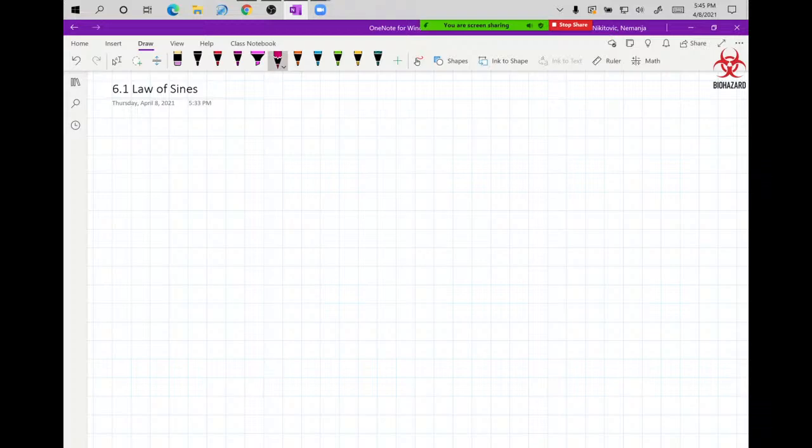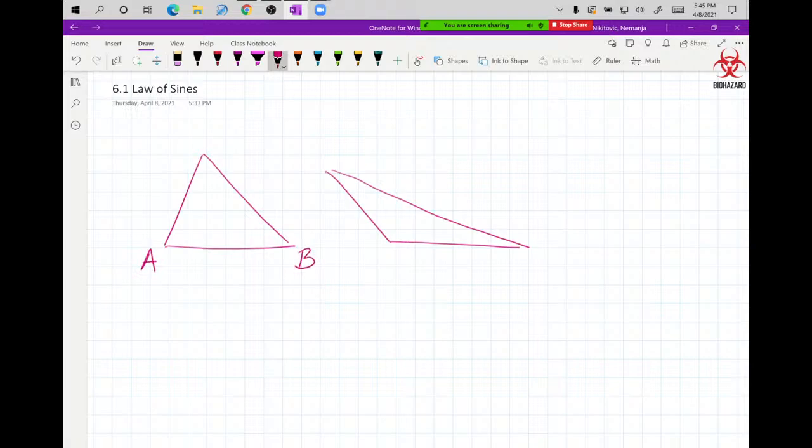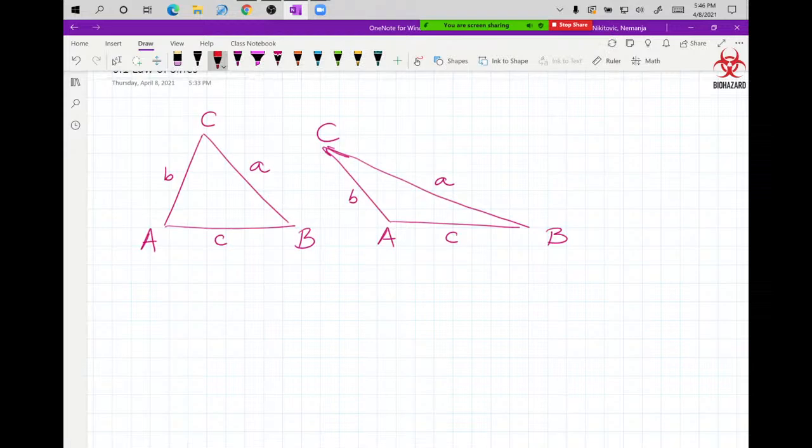So now, for any triangle, doesn't matter what that triangle looks like, even obtuse. Whatever the triangle looks like, we are going to have these A, B, C angles, and then the sides are always what I call across the street, right, from where the angle is, on the opposite side. And the law of sines